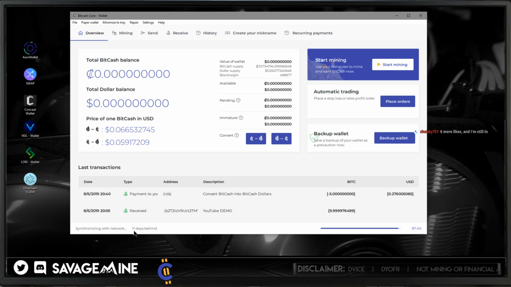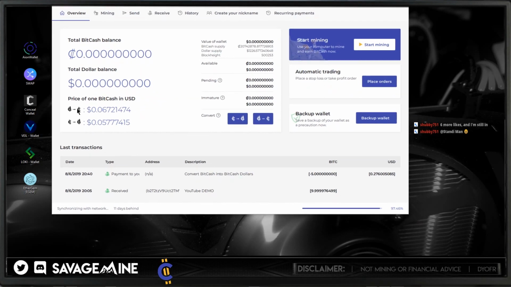So it says it's 11 days behind. I don't know if you guys can see that down there. So I just have to kind of wait. But I mean, I can kind of press on through the wallet functionality while it's synchronizing. I don't think it'll take too much longer. We could do the whole Bootstrap thing, but I don't